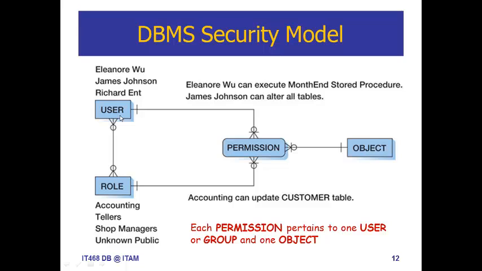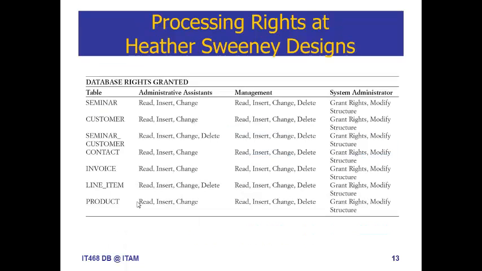This is more efficient. For example, if you want to change some permission rights for all the people within the accounting group, then you only need to make that change for that role, and then all the users associated with that role will be given the updated permission rights accordingly. So this is a generic security model, and using your textbook example, this one shows a particular assignment of